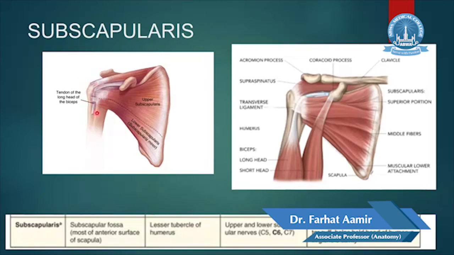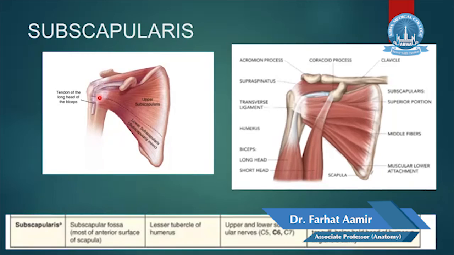Then there was the intertubercular sulcus. We have studied three muscles which are inserted over the intertubercular sulcus. One is pectoralis major, which is on the lateral lip, then latissimus dorsi in the floor, and on the medial lip we have teres major muscle. Then on the lesser tubercle, the last thing we are supposed to study in this presentation,